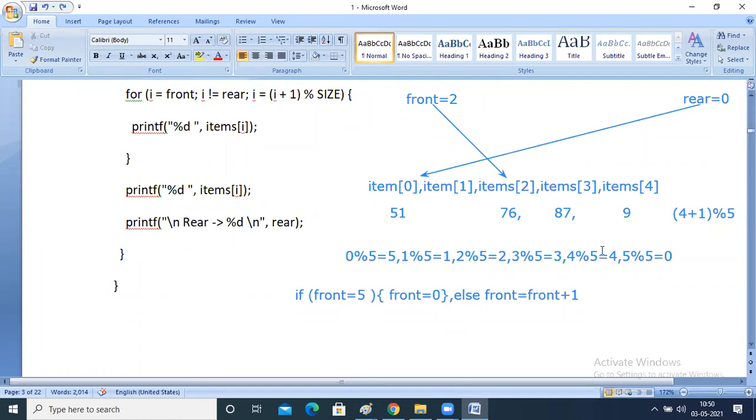After deleting item 4, I will be deleting item of 0. After inserting items of 4, I will be inserting in items of 0. After displaying items of 4, again I will be displaying items of 0 if there is any element. So you have to know that one. But in a linear queue, it's not like that. 2, 3, 4, there I stop. Front, I will stop there. Rear, I will stop there. Display, I will stop there. There is no point of taking a U-turn from 4 to 0.